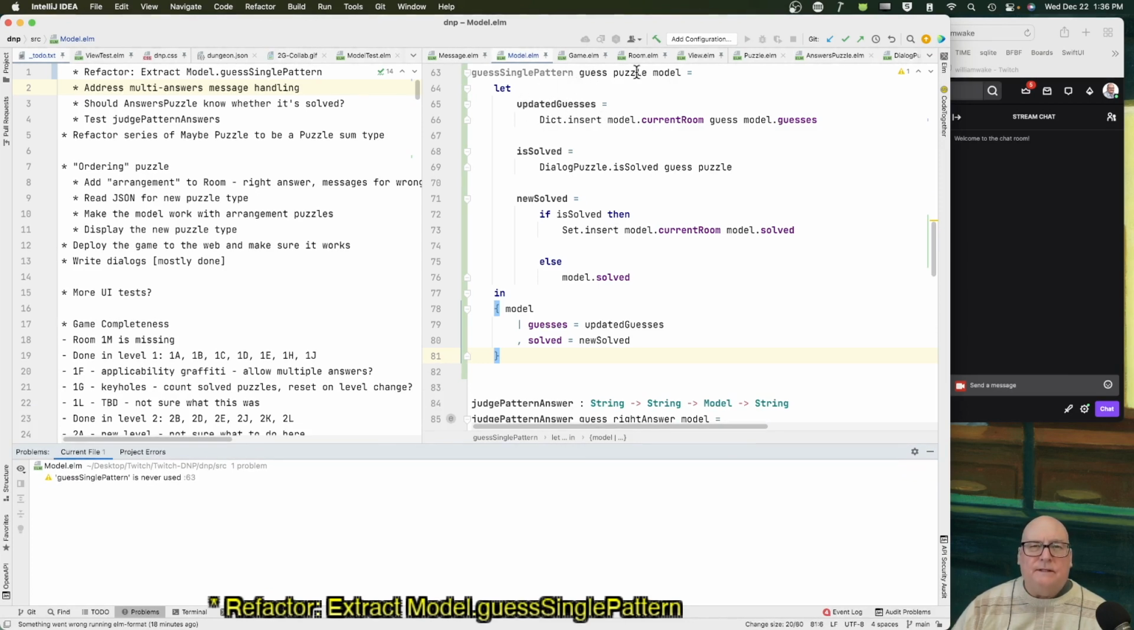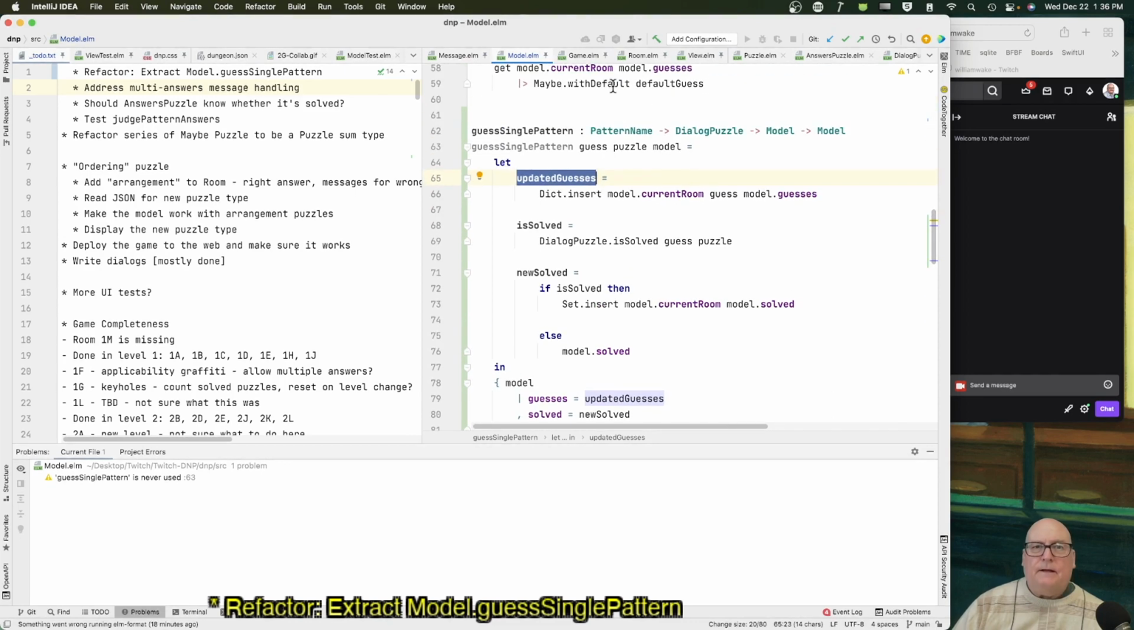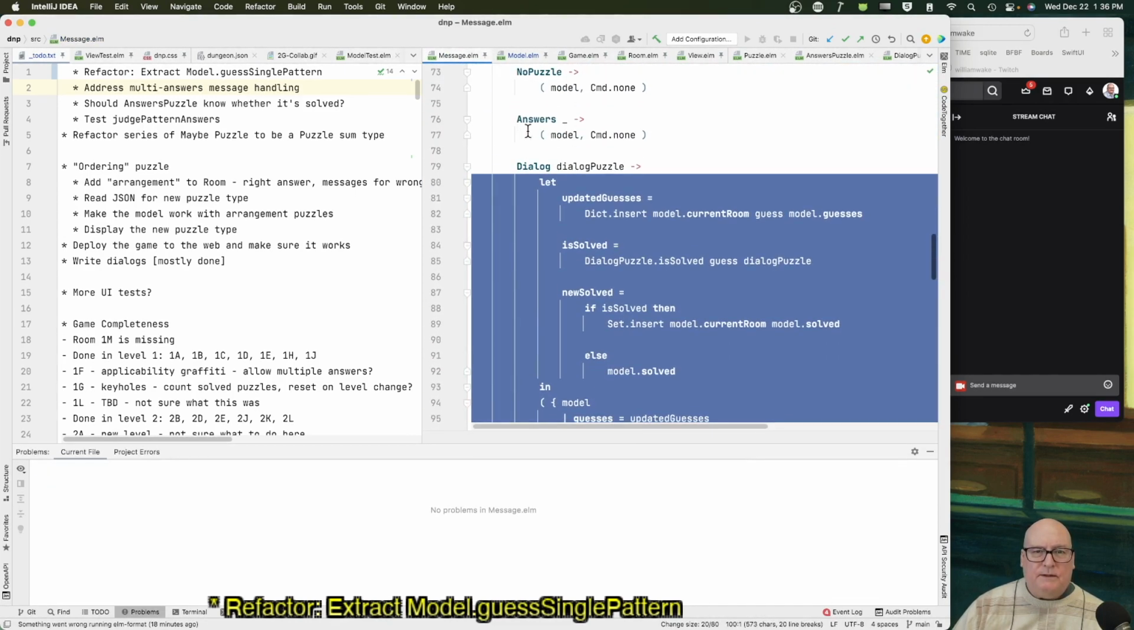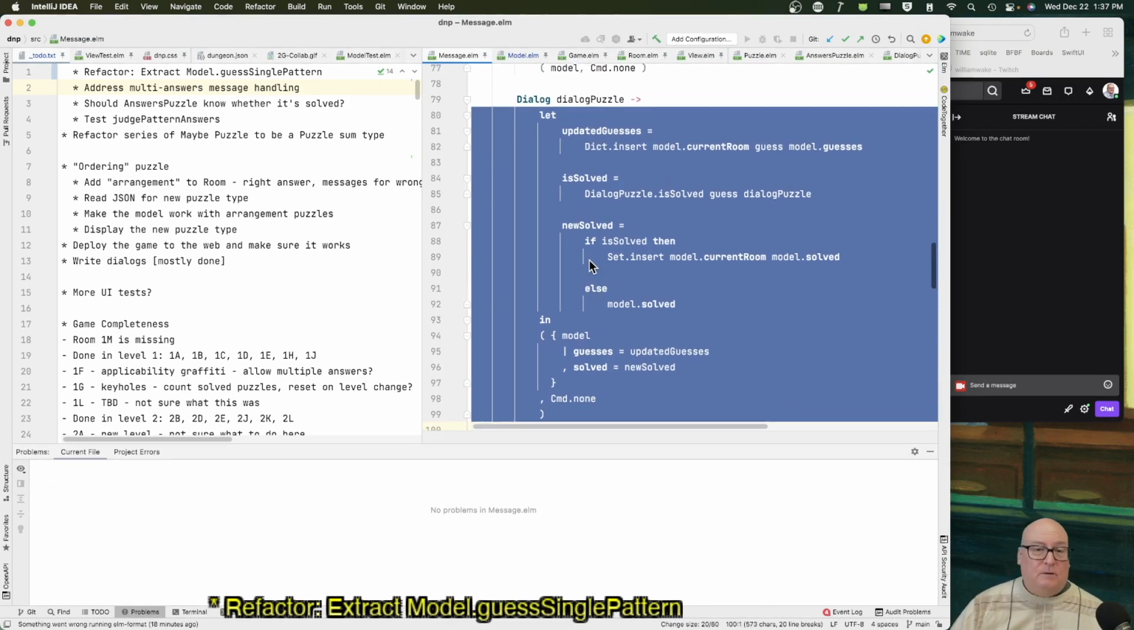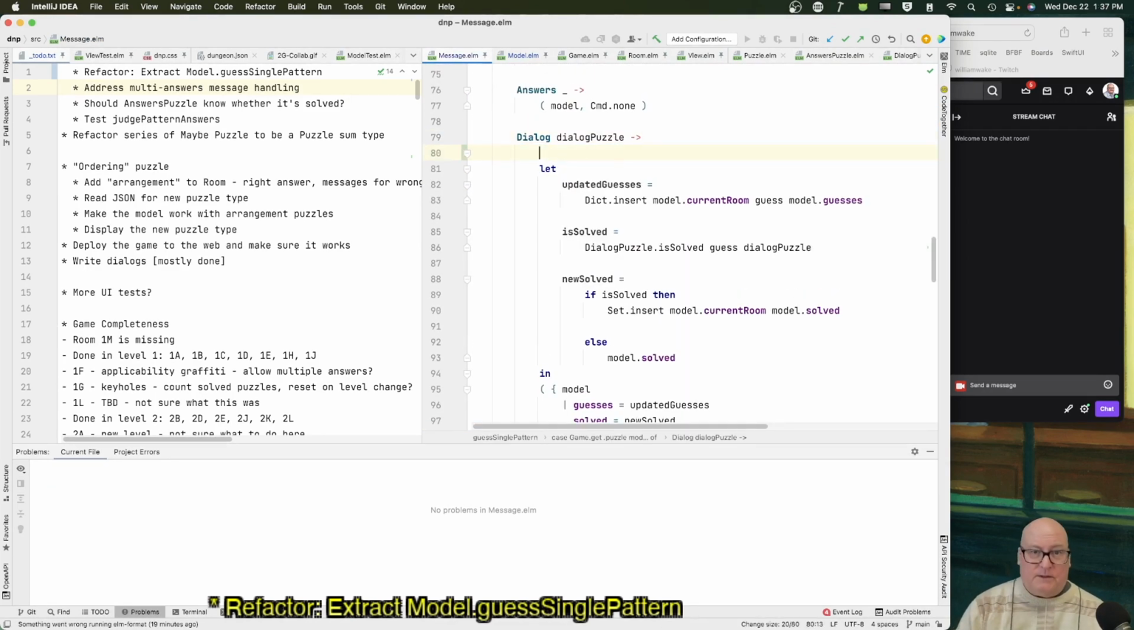So if you have a guess in a puzzle for this model, I'm going to develop some updated guesses. I'm going to figure out if you've solved it. If you have, then I'm going to give the new model the new solved set. In other words, I'm going to keep the one I have. And in the end, I'm going to return you a model with guesses and solved. Okay, I think that's an improvement. Okay, so what we're going to do here then, we're going to return